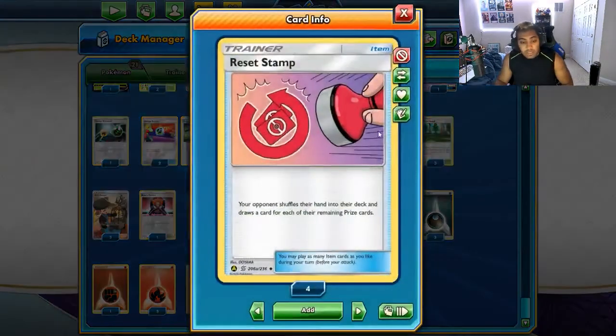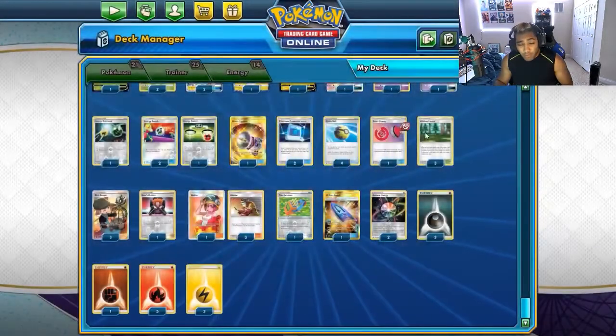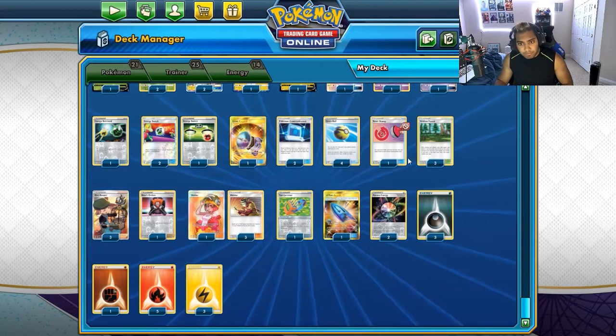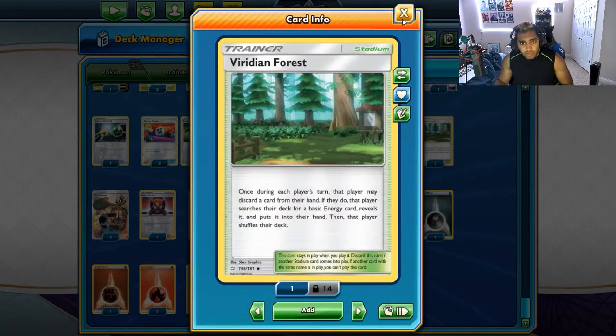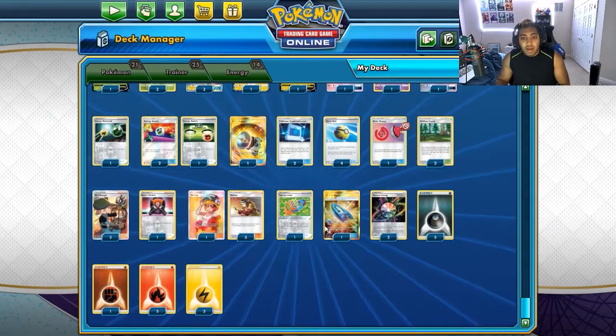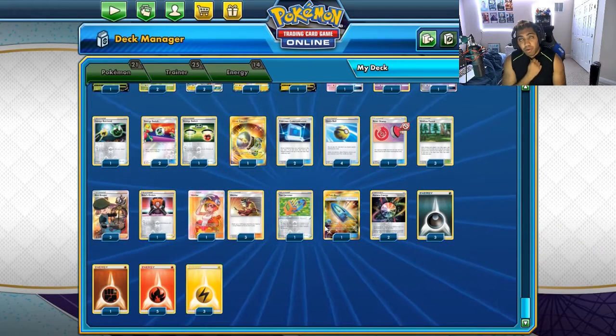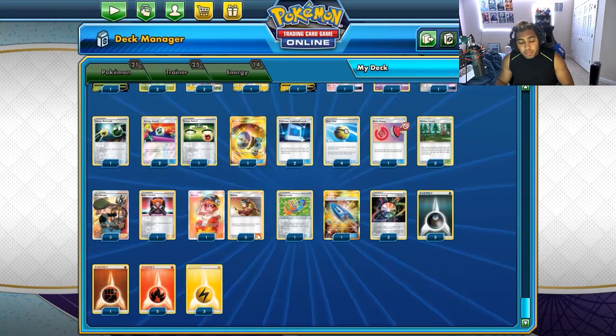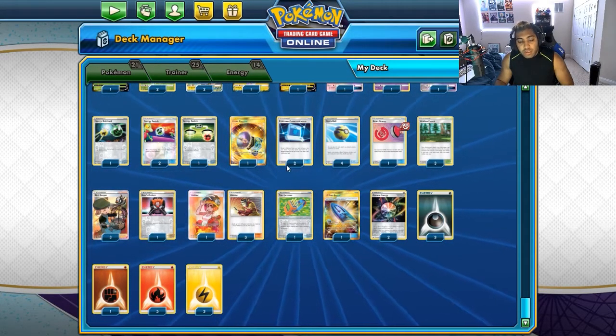1 copy of Reset Stamp, because I found myself in situations where my opponents have a really big hand and I just need to disrupt them for 1 turn and we'll probably win the game. 3 copies of Viridian Forest. It's probably the most pivotal stadium in the deck. If the stadium ward becomes more prevalent, maybe I tack in a copy of Marshadow to get rid of the swell, because some decks are playing 2 to 3 swell now, and so Viridian Forest is kind of important for